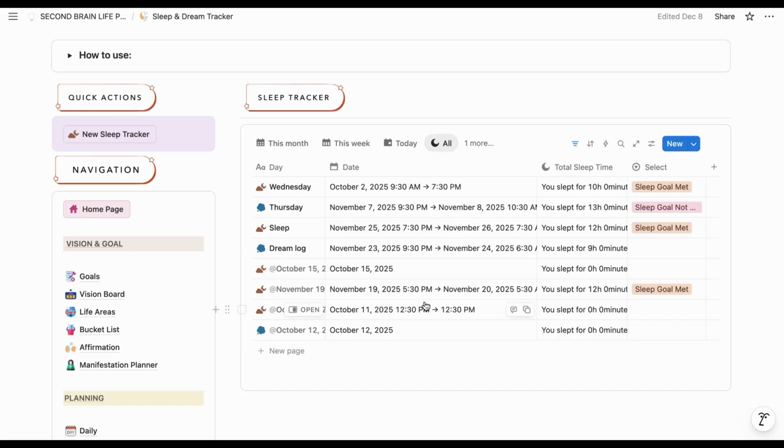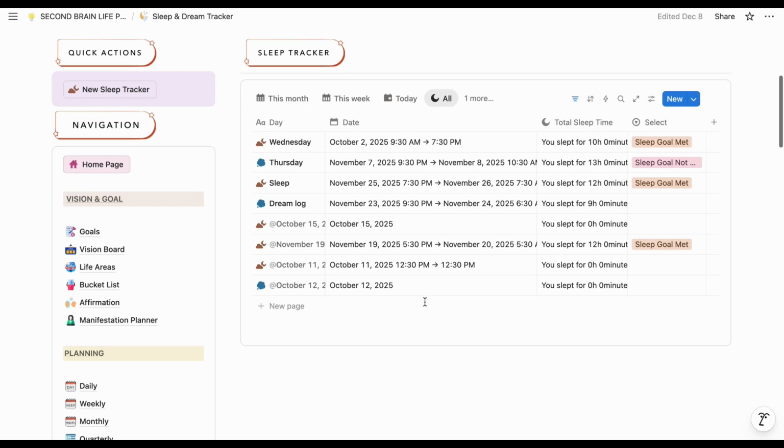The great advantage of tracking all these things is that you will know each and every day how many hours you're sleeping and what your sleep cycle or sleep pattern is. You will be able to track everything from here. So that's the great thing about this complete planner over here.